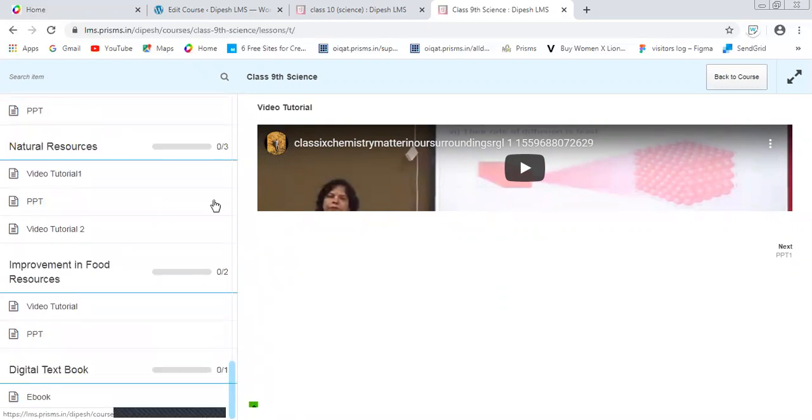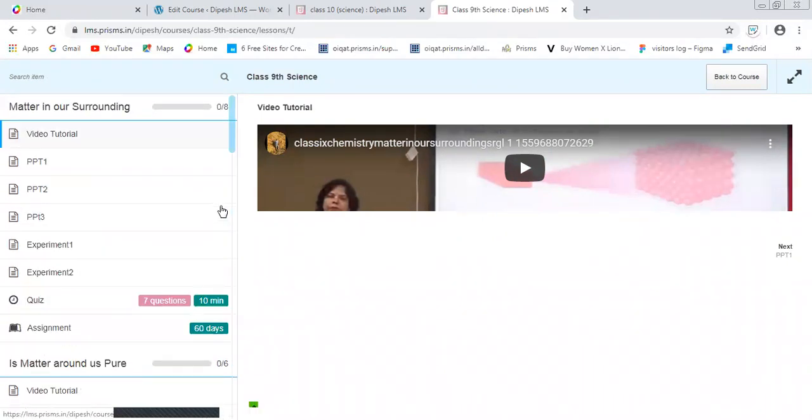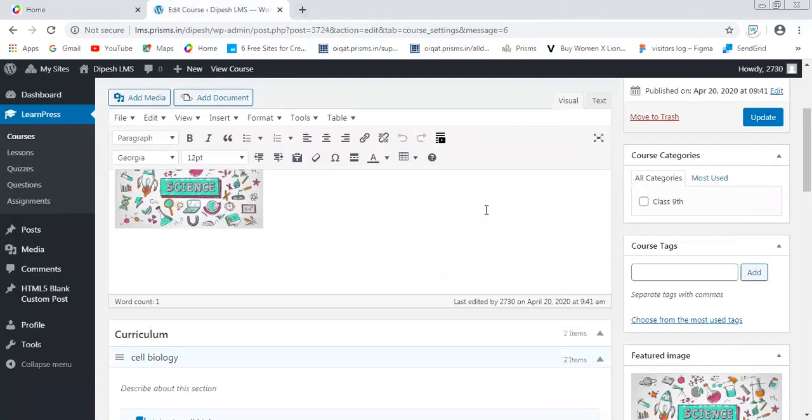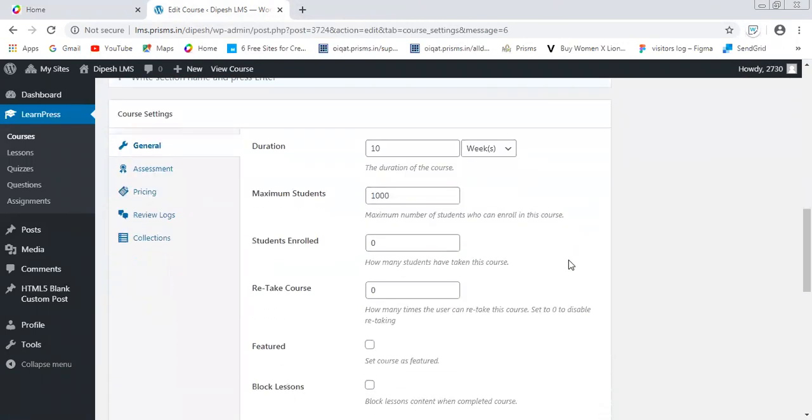In this way, teachers, you can constantly keep on updating and adding the data to a particular course, and it will be constantly updated at the student end as well. The benefit of LMS system is you can make more creative and interactive lessons and study materials for your student. You can give them a particular time limit in which you want them to be completed, or also you can give them liberty of time for the students to get to understand the concepts more freely. Also, you can set duration for the complete course as well.